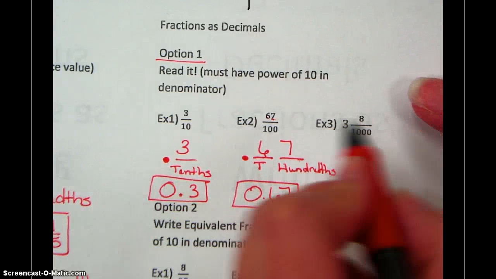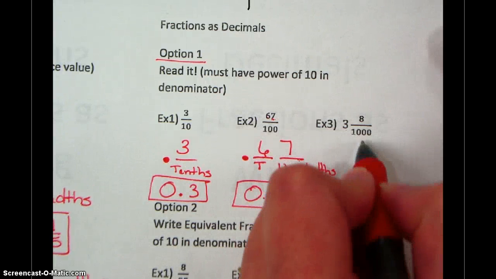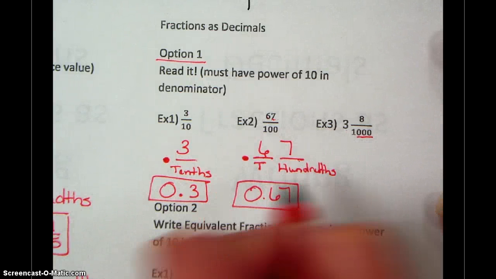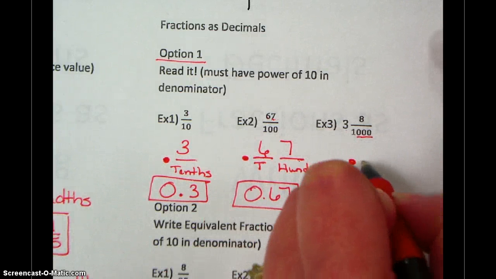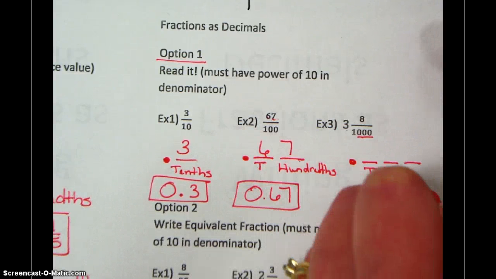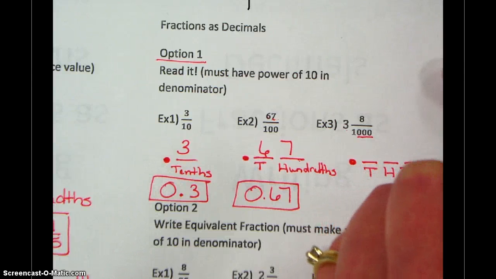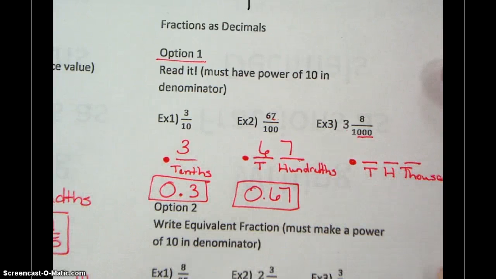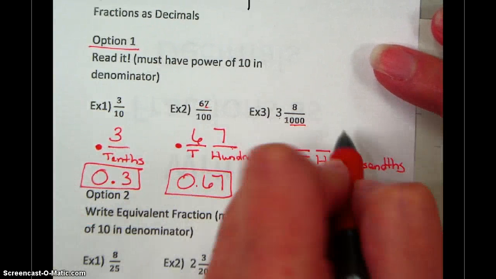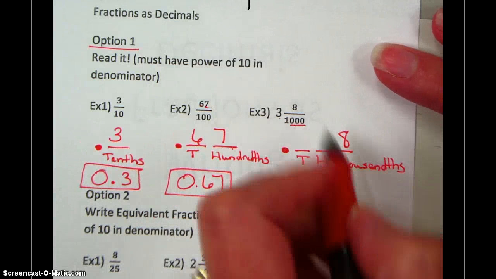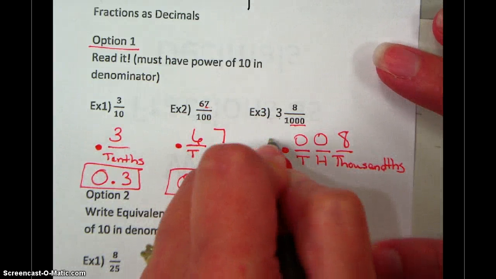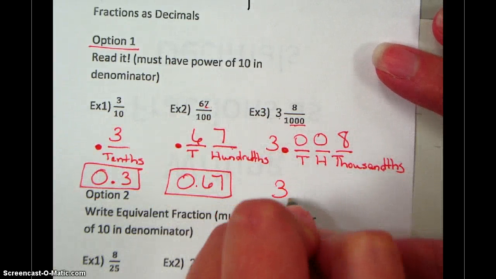Example number 3, I have 3 and 8 thousandths. Okay, so notice how I've got the thousandths place now. Put in my decimal: tenths, hundredths, thousandths. All right, so from there, I notice that I need to put 8 in the thousandths place. So if 8 goes here, then that means that I need to put 2 zeros for the place value. And then of course I've got a whole number of 3 that I'm going to put in front. So it's 3 and